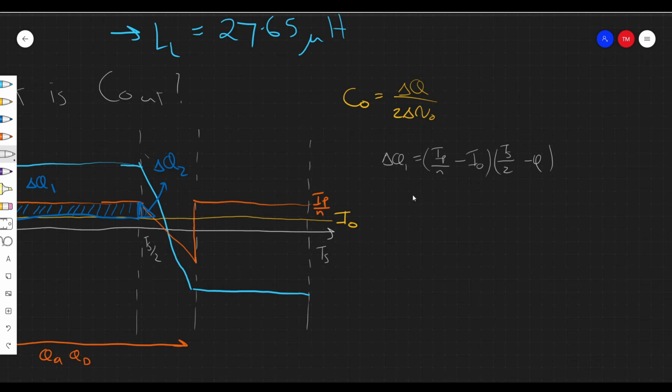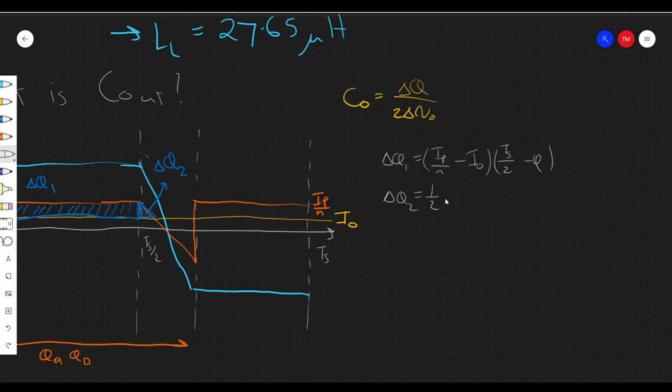We know what phi is, we know what Ts over 2 is. For delta Q2, it's the area of a triangle, so we have half the base. In this case, it's a similar triangle, so you could calculate the area of this whole triangle and then multiply it by the square of the ratio of the side lengths. In short, what we end up getting is